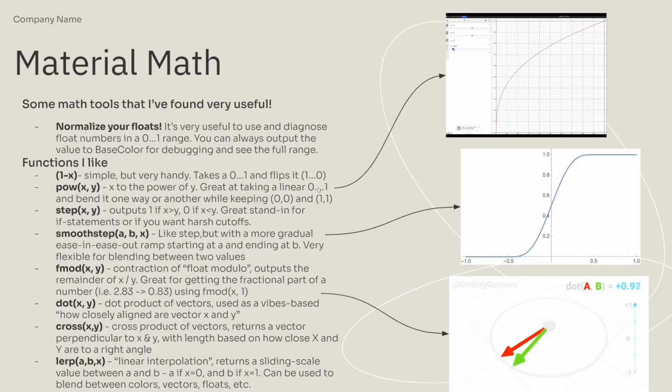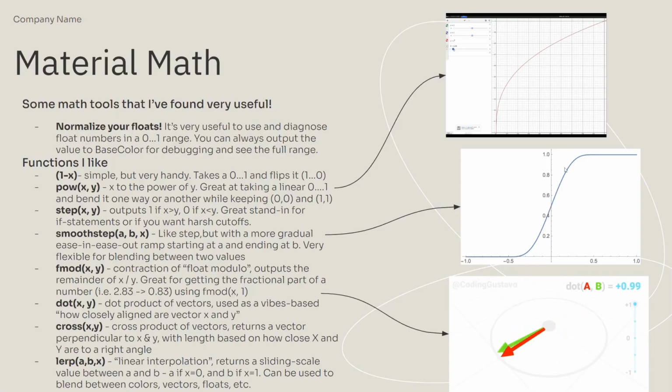Let's see. Step function. Step is fun. Step outputs 0 if A is less than B and 1 if A is greater than B, or vice versa, I forget. It's great if you want a hard cutoff between values, but often that looks pretty bad. You get alias lines. So what you can do is smooth step instead. Smooth step produces a sigmoid, an S-shaped curve that goes between 0 and 1, based on starting and ending values. So this is starting at negative 0.5, ending at positive 0.5. We want to do a smooth step so that we have a nice easy ramp between these